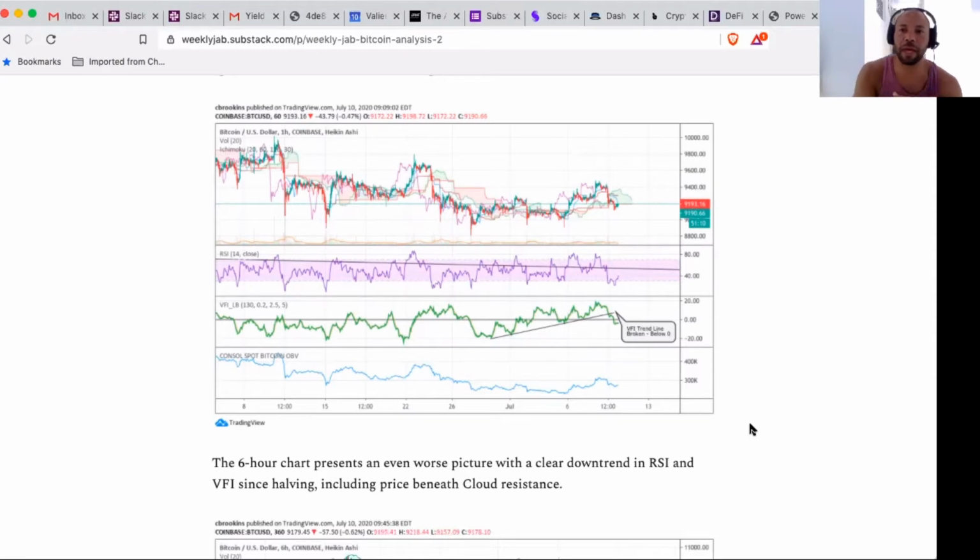So for those of you that aren't familiar with the volume flow, VFI, generally anything trending positive is going to be good for price. Whenever the value is above zero, that's typically a bullish signal. Whenever the value is beneath zero, that's typically a bearish signal. And the highest probability signals typically coincide whenever there's a divergence. So if price is trending downward, but the indicator is trending upward. So this is a good example.